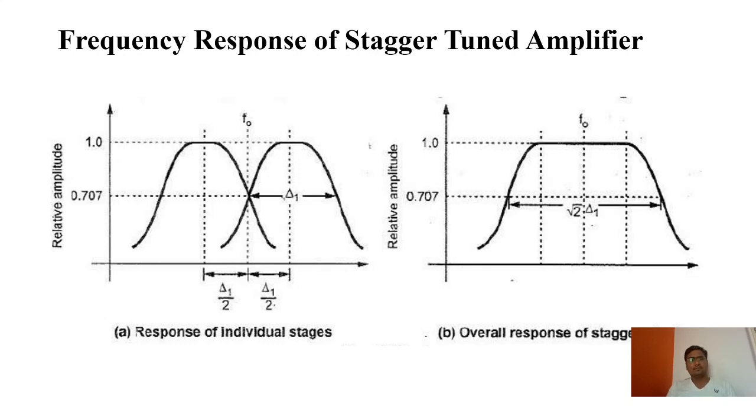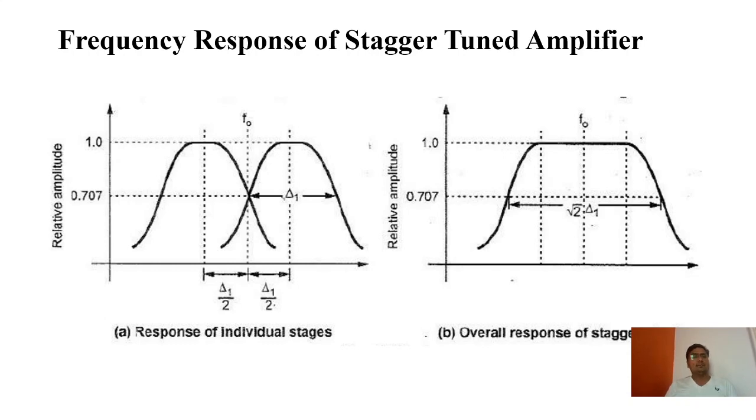So till now we have studied only three types of tuned amplifiers: single tune, double tune and stagger tune. We had a detailed analysis for the single tune amplifier. So we understood the analysis of the single tune amplifier, and that's why it's not needed to go for the analysis of double tune as well as stagger tuned amplifier. And that's why I said that this chapter is very small compared to the other chapters in your syllabus.